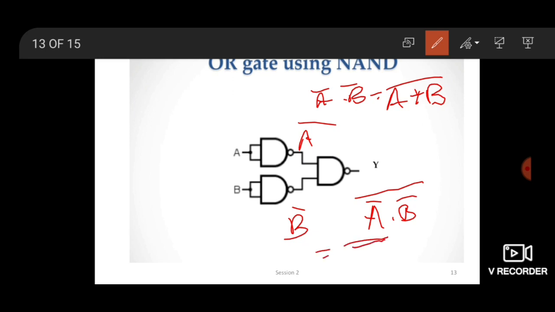Now double bar gets cancelled, got only A plus B, and this is the Boolean equation of OR gate. Understood, student? Now how to construct using NAND gate? We can construct first NOT gate, then AND gate, then NOR gate, and then OR gate. Student, first study NOR, then OR gate. Always remember.